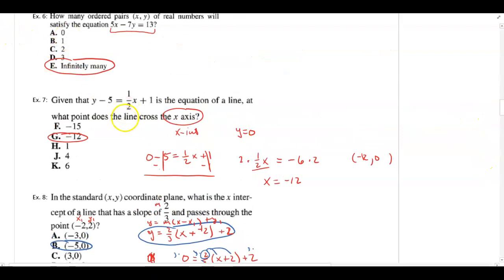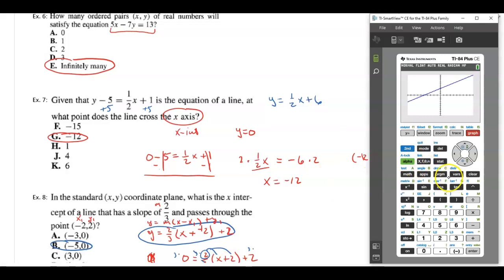Now, up here, you could have done the same thing. All you really have to do is add 5 to both sides. Y would equal 1 half x plus 6. And right away, the only downfall with this is if you go and plug it into the calculator, it might not show up in your window, right? But just by looking at this,